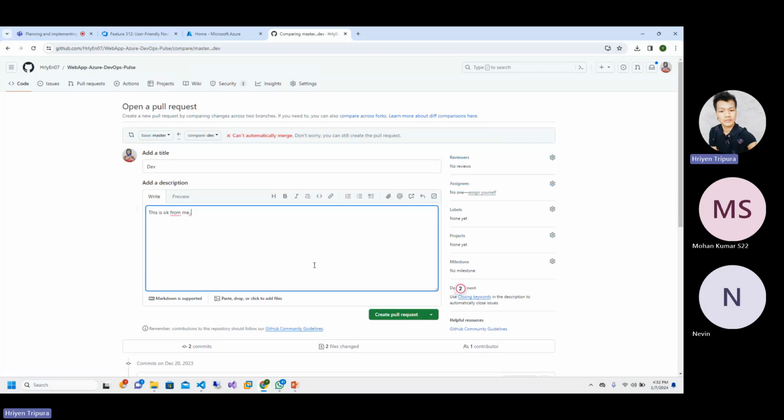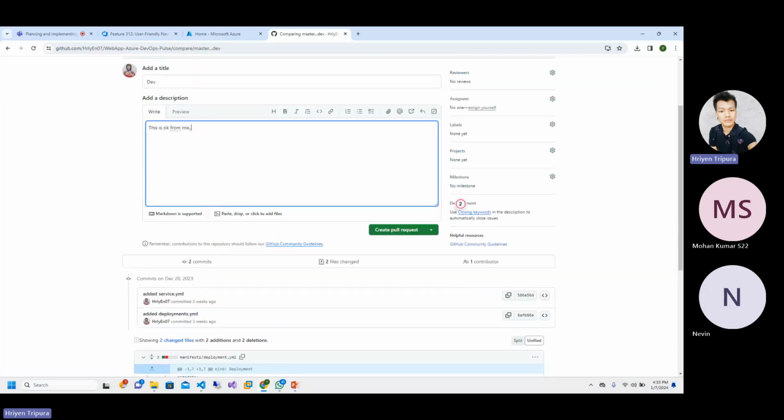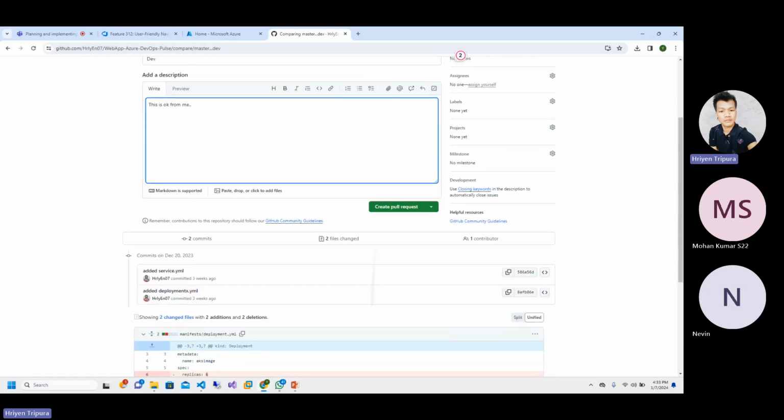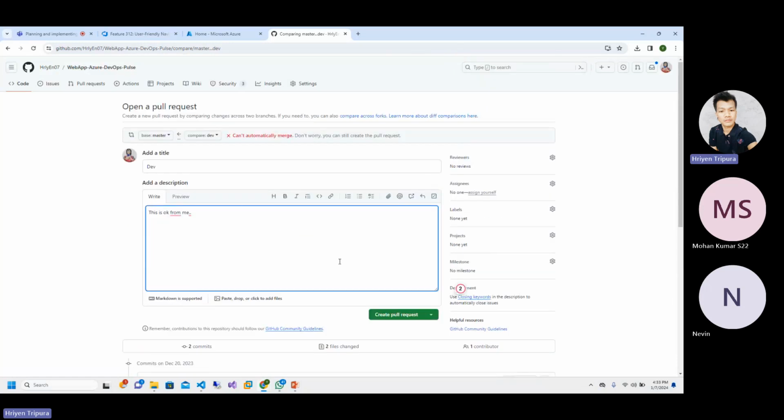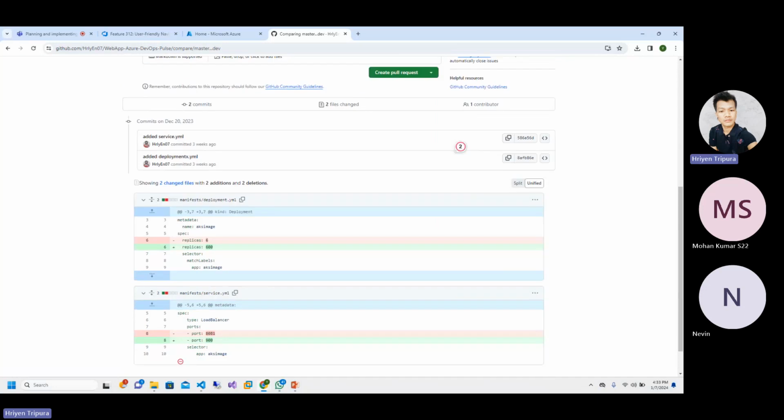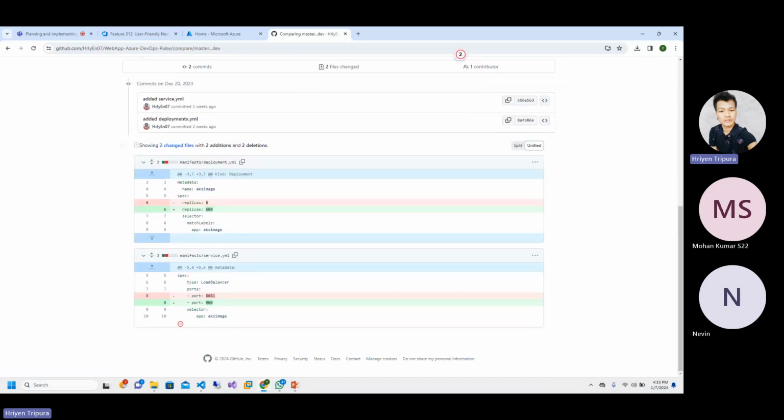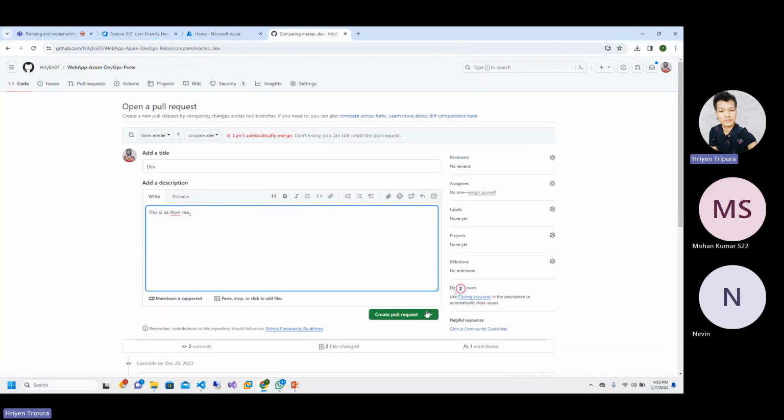If there is any issue here, they will keep having the conversation here also. If you have an attachment, you can add it too. If there is any issue, they will mention that this is not okay and this has to get fixed. Once it is done, they will review everything, and you have reviewed the code also, what changes we have made. If we are feeling okay, then we go ahead with the pull request. In my case, if I see pull request